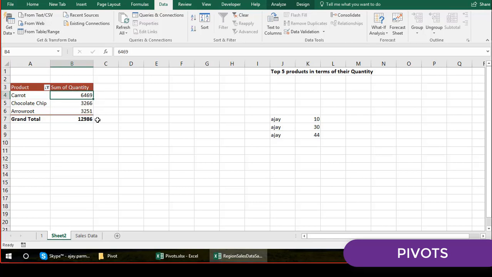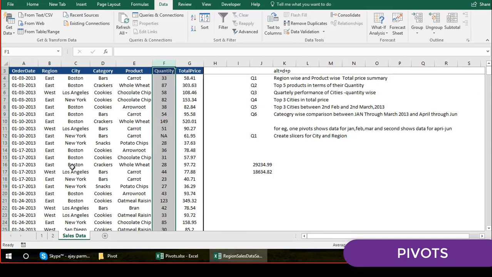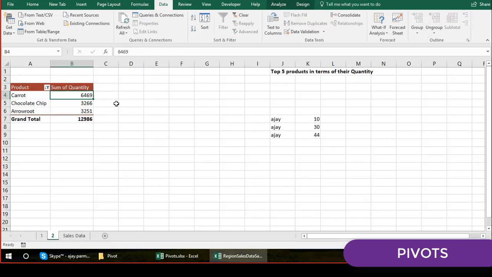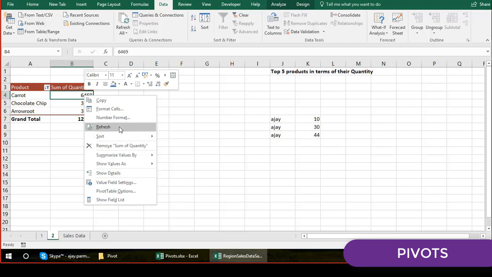Now you see, this is very interesting. If tomorrow you make some changes, let's say I go here, and this is my whole wheat. Now I'm going to make this whole wheat 7,000. I'm increasing this, suppose. Now when you do that, just right click and refresh.